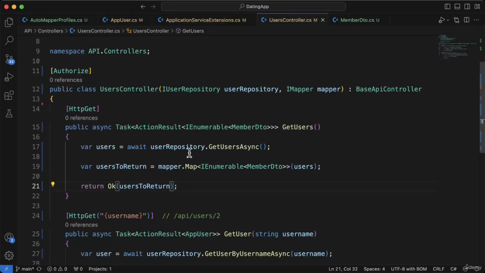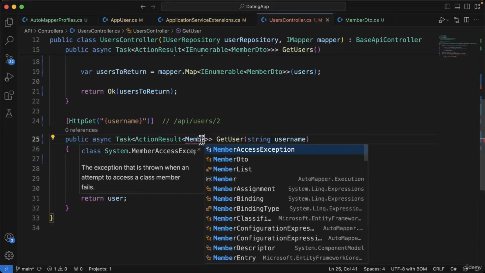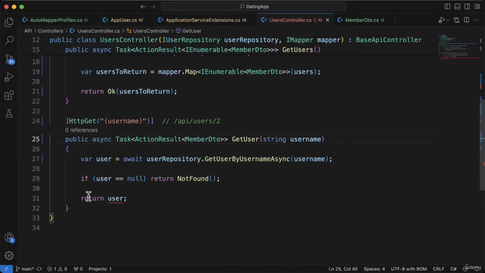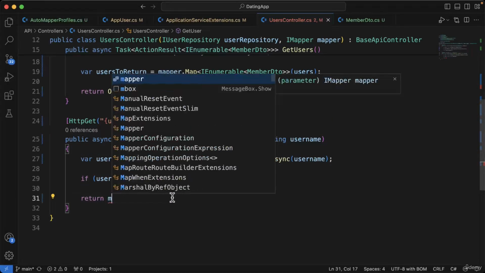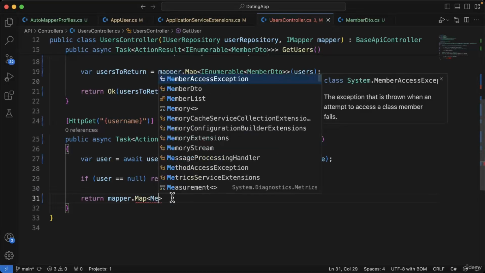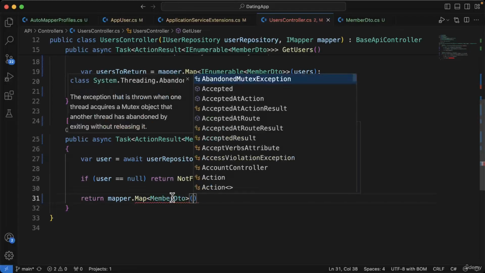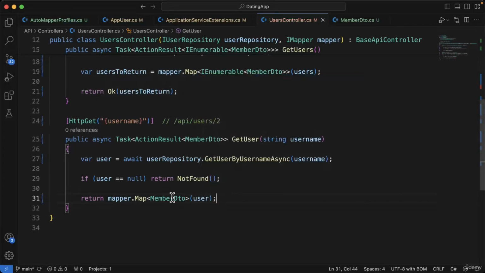And then we just do something very similar for the second method in here. So I'll swap app user for member DTO. And then instead of returning the user, we'll return mapper.map. And we're going to map into the member DTO and pass the user object as the thing it's going